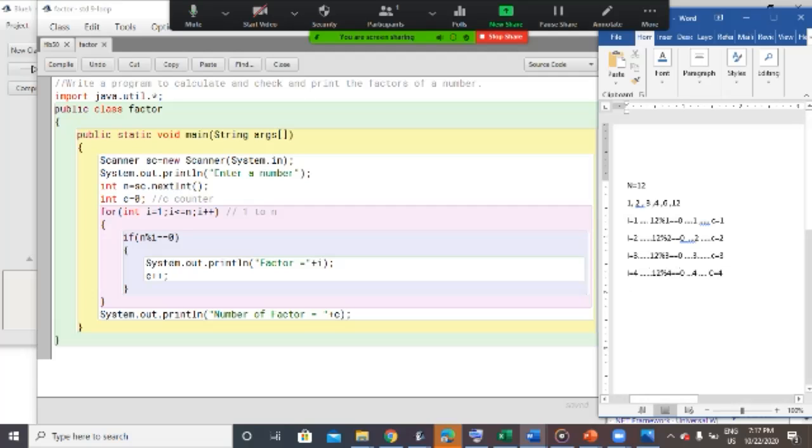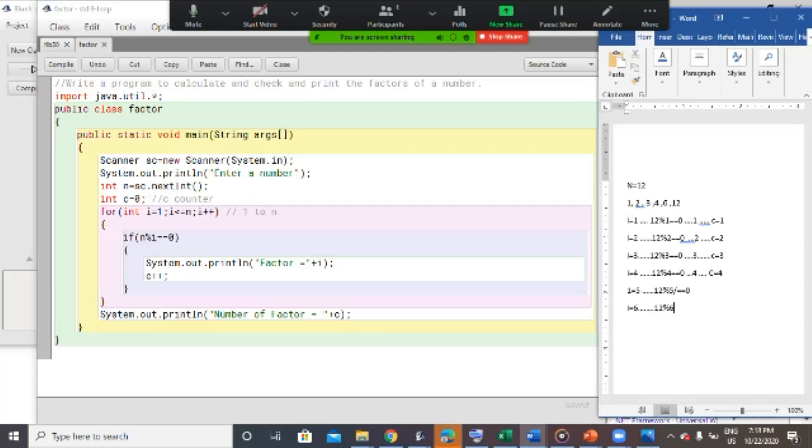Now next, the control variable I increases to 5. But 12 is not divisible by 5. So 5 will neither be printed nor will it increase the counter. But for I equals 6, again 12 is completely divisible by 6.